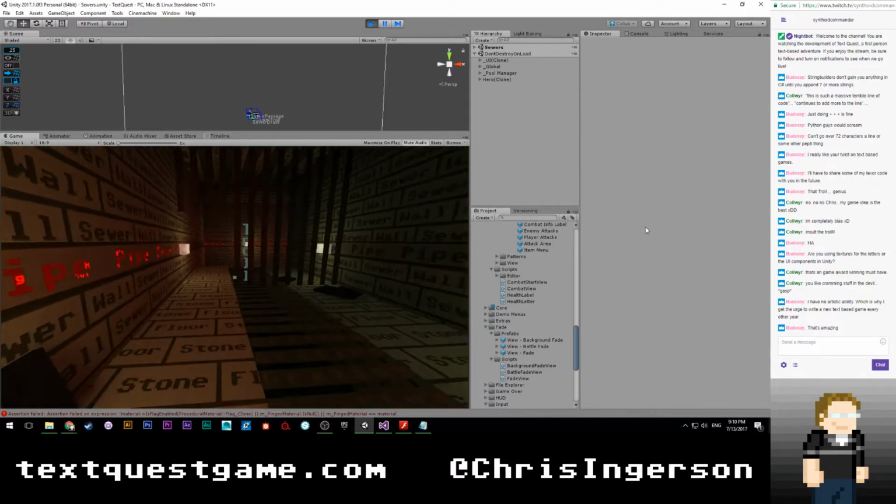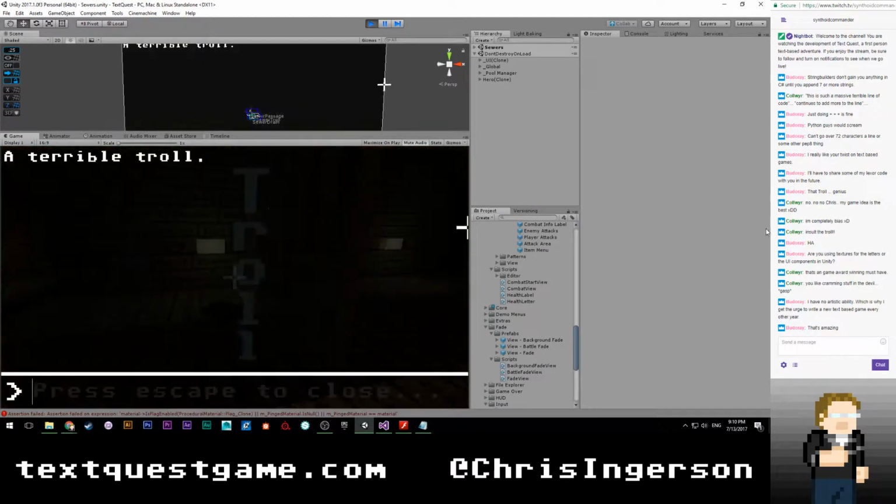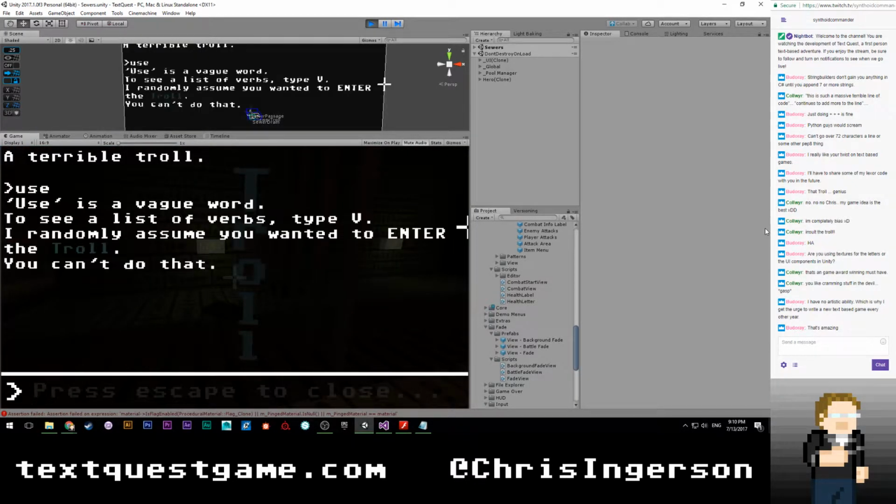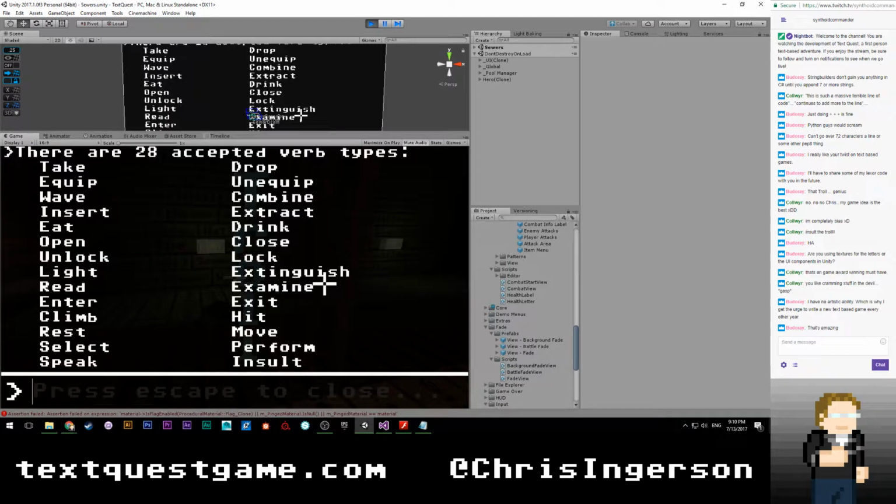But okay, so use, I think, looks pretty good. To see a list of verbs, type V. Yeah, I think having this in here will help people. Because the main problem is that people type use when they don't know what to say specifically. So by telling them that they can type V, hopefully we'll address that problem.